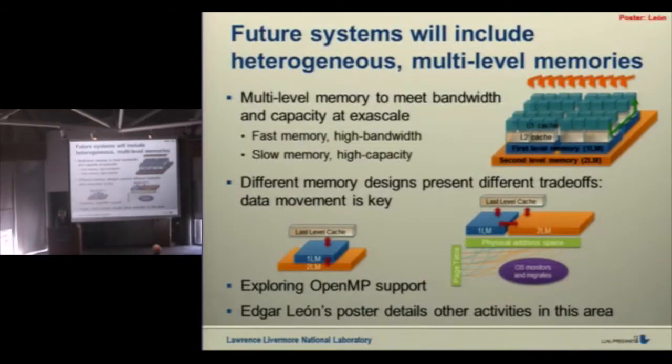Now, I would say that Gordon presaged what the big-dollar DOE labs are now doing. These are two slides that I've taken from the Comp Division review that I was on a month ago at Livermore. These are slides from Dipinski, who is their CTO. The future systems that they're looking at will include multi-level memories. You could think of Gordon with its CPU, its RAM, and then its flash as a first instance of a multi-level memory system. But the NVRAM part is going to evolve rapidly because of technologies. What they're looking at quite generically is you've got your cores and their local caches, and you've got your DRAM, but there will be a second level of memory that will be some NVRAM technology,